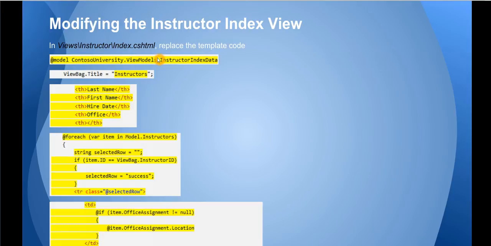You're changing where it's coming from, so it's coming from the view model's instructor index data rather than the model itself. These are the headings for your columns in your table. And this is another thing that's changing here too, the action link. So rather than having just the instructor names with the typical edit, delete, and details, now there's a select link at the end with those, and you select that and it'll give you the option to choose